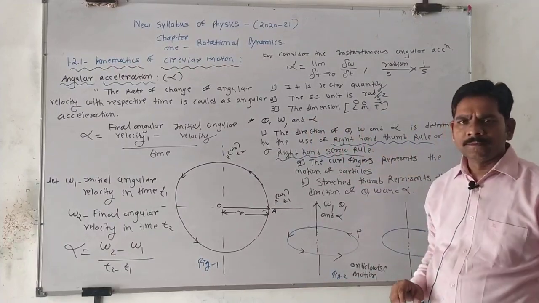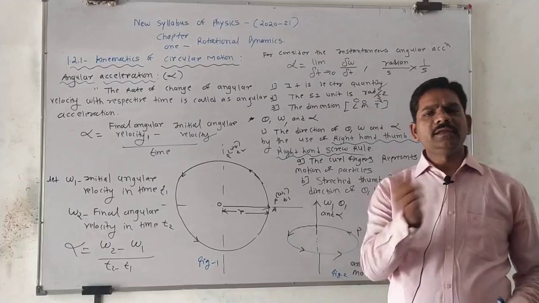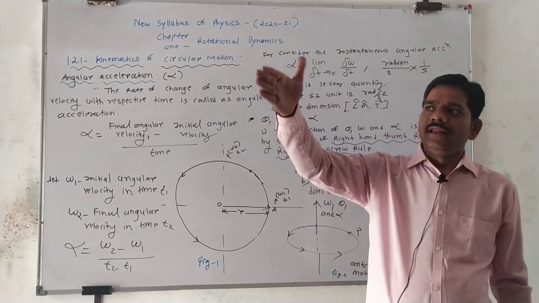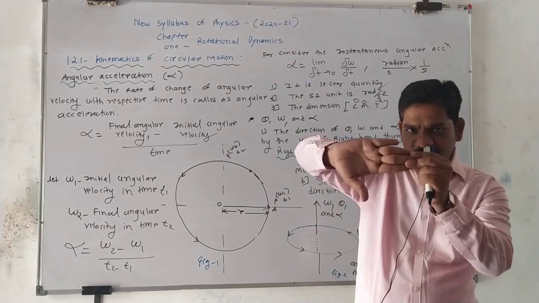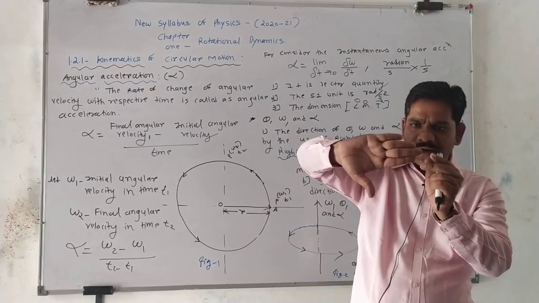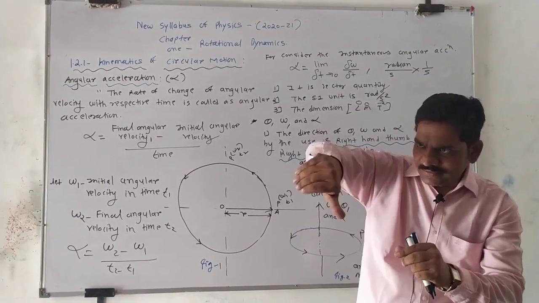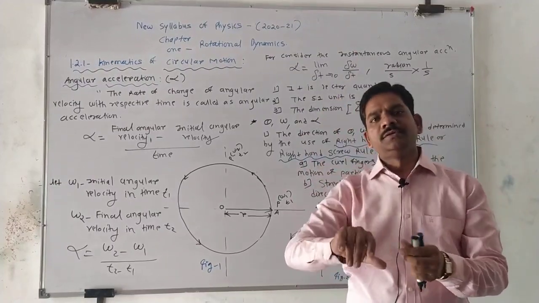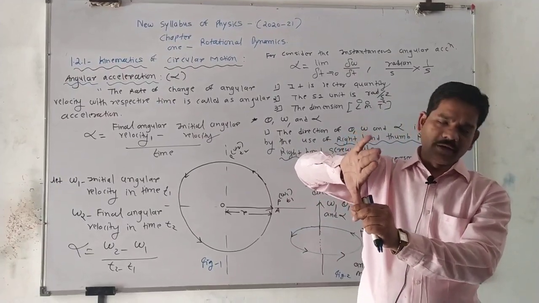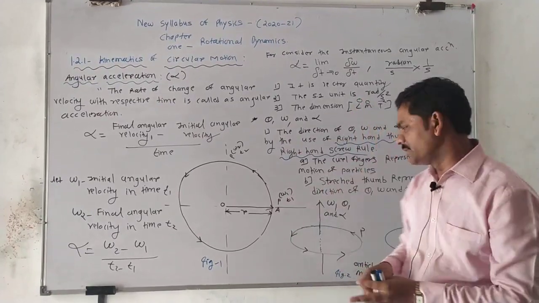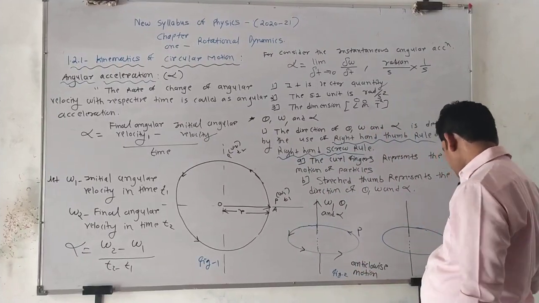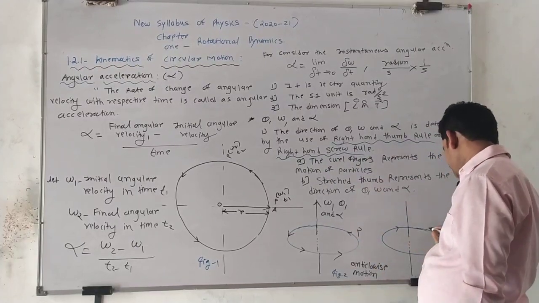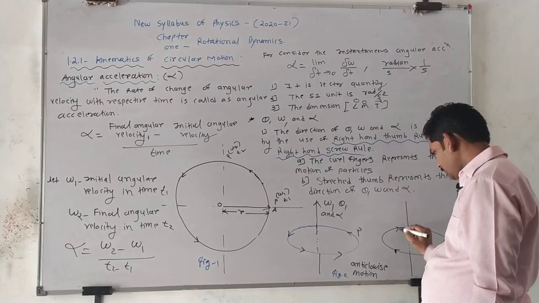Now in figure 2, suppose the particle is revolving clockwise. So how does the thumb change? Clockwise. Curl the fingers like that, correct? So this represents the curled fingers' motion of the particle. The particle is revolving clockwise. Then where is the thumb? Downwards. So where is the angular velocity? Downwards. Where is the angular acceleration? Also downwards, okay. So in this situation, the particle revolves in the clockwise direction.